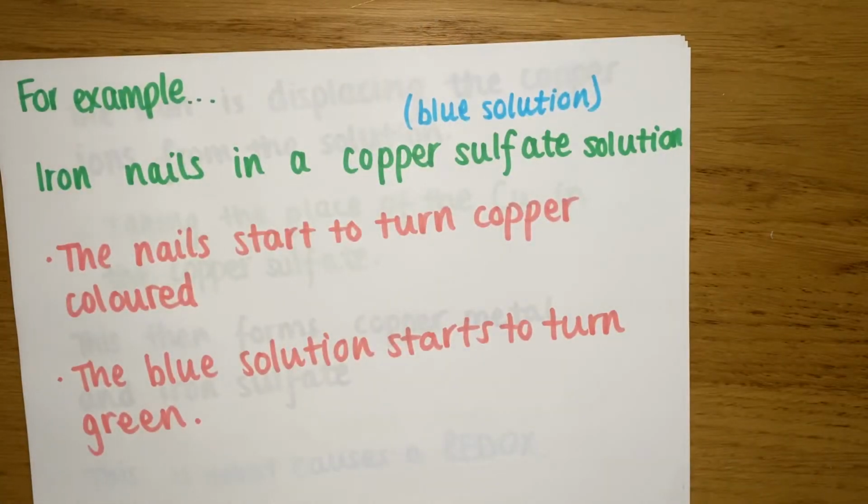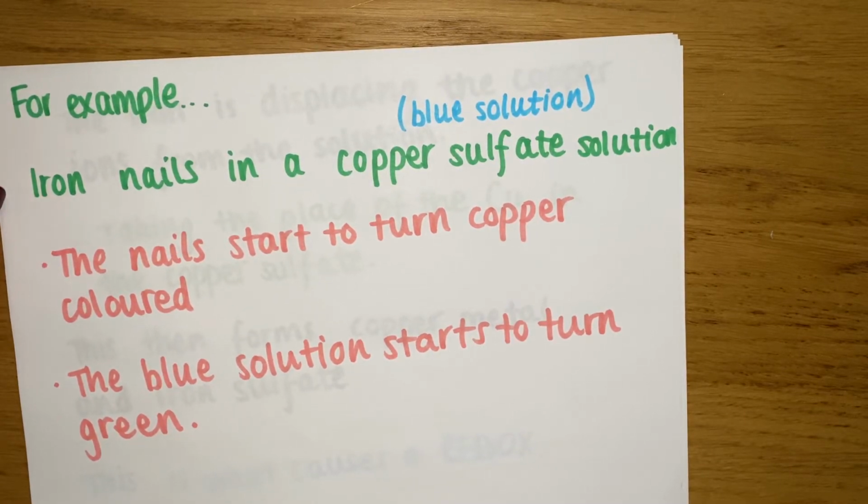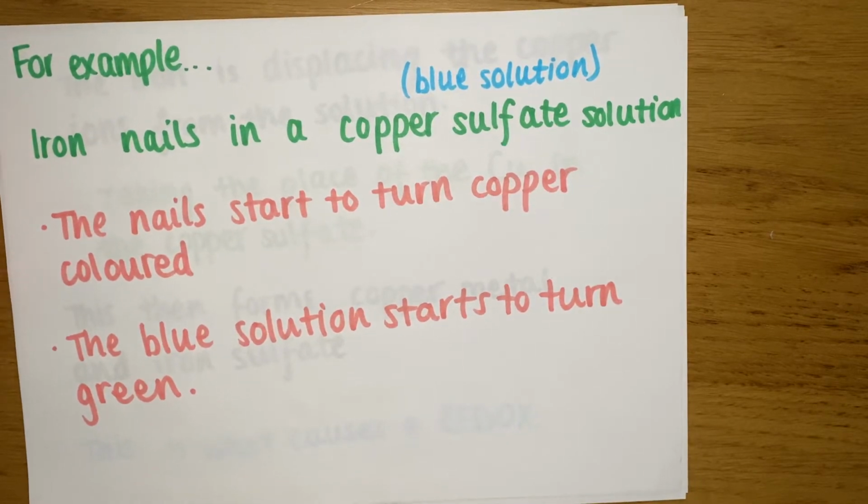For an example of this, imagine we have put iron nails into a copper sulfate solution. Remember from National 5, copper sulfate is a bright blue solution. So when we put the nails in, the nails will start to turn a copper colour, as you would know from copper in wires or a copper penny, a bronzy, browny, orangey colour. The copper will start to form on the nails, and the blue solution will start